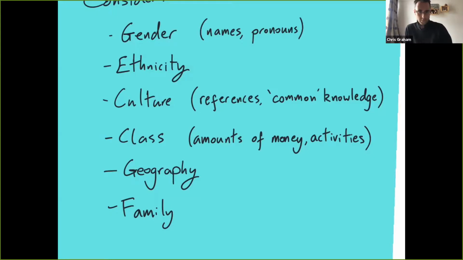Now, these cultural aspects and these knowledge aspects quite often go along with class. So, for example, a question all about a skiing holiday that begins when Sarah spends X thousand pounds on her skiing holiday. I have no idea how much one would spend on a skiing holiday, and that can make students feel alienated, like they're not the same kind of people that you're expecting to be in this class.